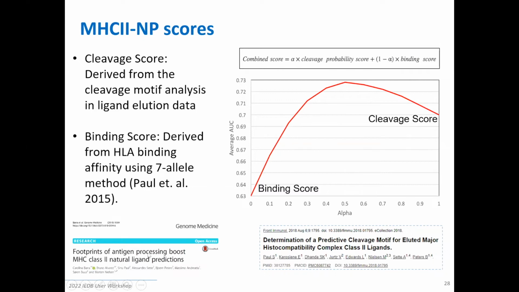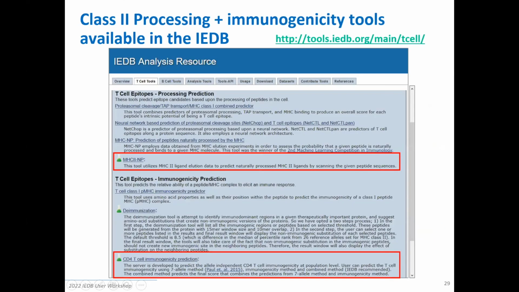There was also a paper by Morten's group recently that found essentially the exact same thing, that we can boost class 2 natural ligand predictions, but not epitopes, by analyzing these cleavage patterns. So finally, the